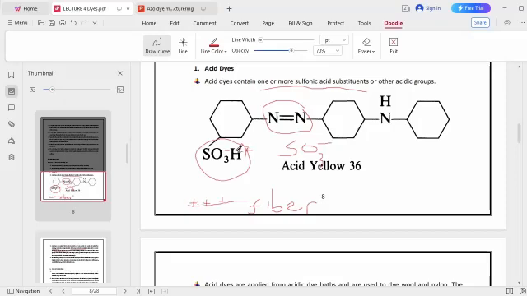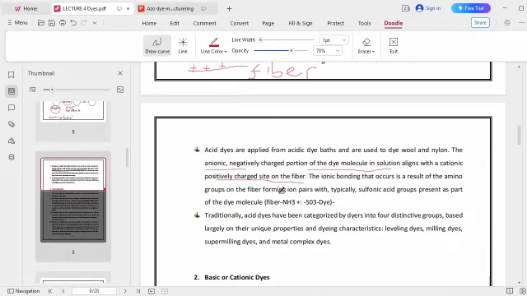And these positive groups can interact in an ionic bond. So it means they displace this H plus here. We have H plus, and the fiber now comes and forms an ionic interaction with the dye. So acid dyes have the SO3 minus group, okay, which then interacts with the positive groups on the fiber,